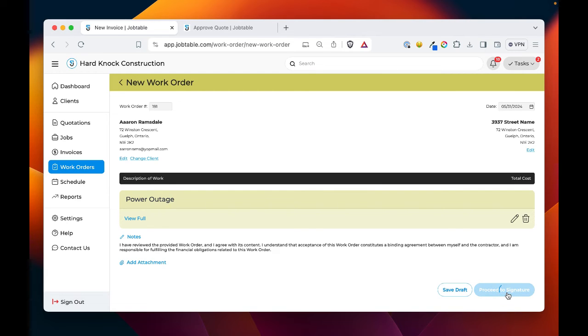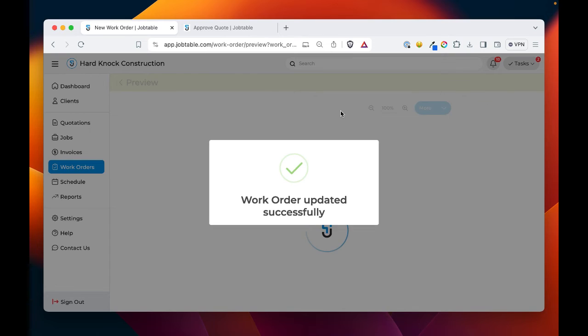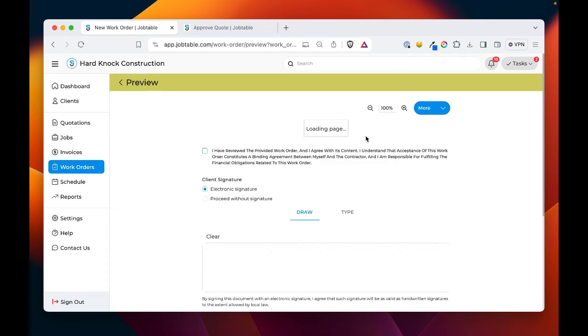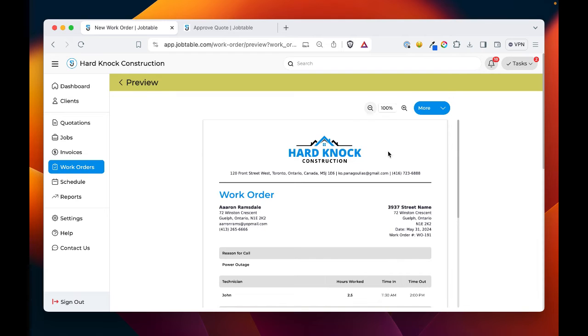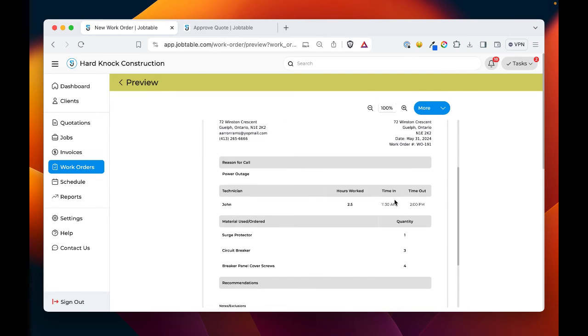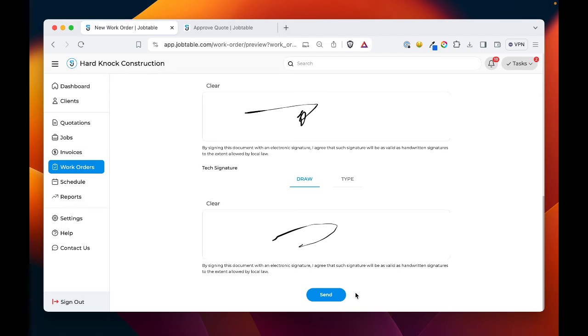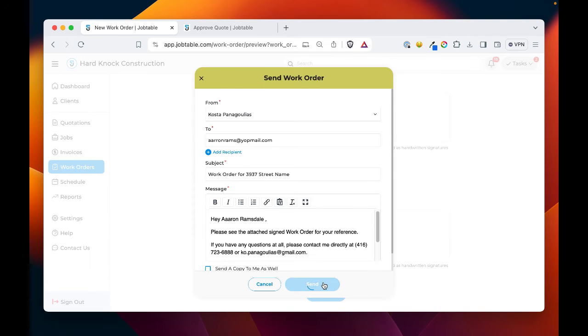And now when you click proceed to signature, what happens here is the work order is generating here in a couple seconds. So this will be a professional PDF work order. You can do this right on site or have your team or employees or techs do this right on site as well, whoever's doing the service. Now in this PDF, all it's showing is your hours and materials used. And right on site, you can have the client review it, sign it, the tech can sign it, and away you go. You send the work order